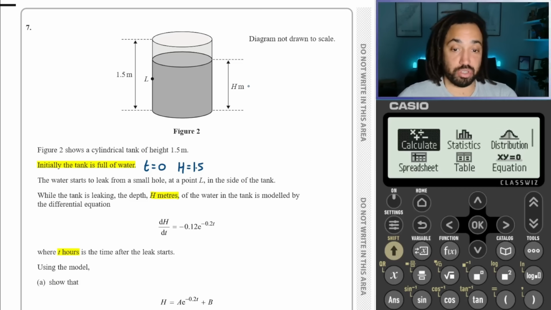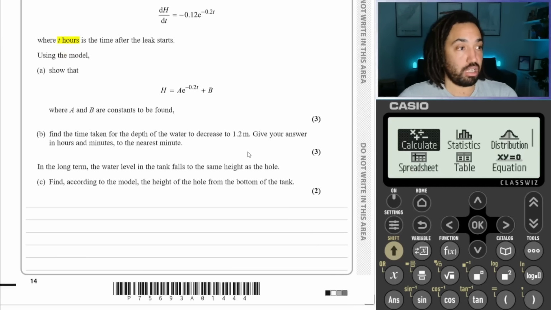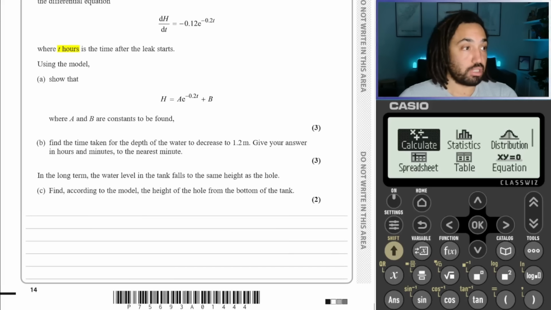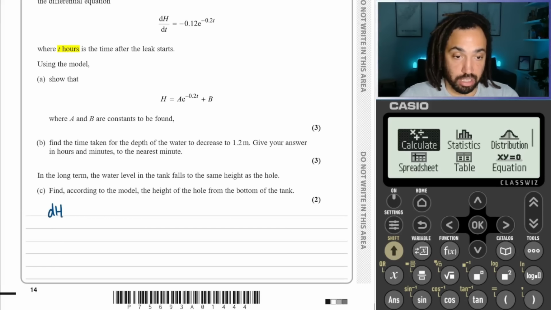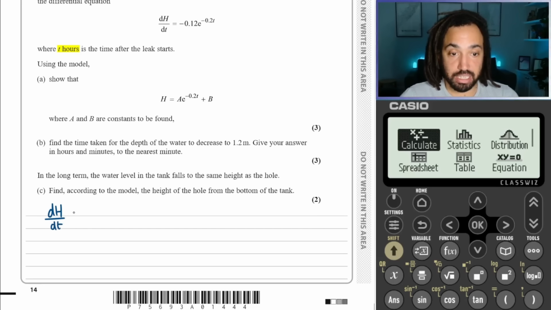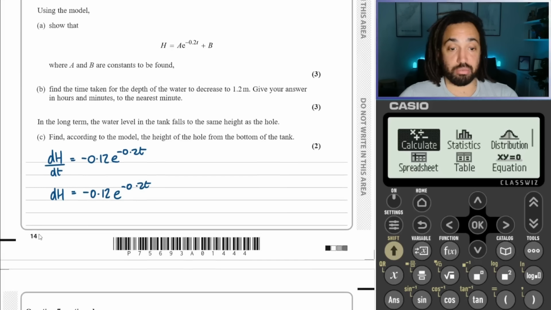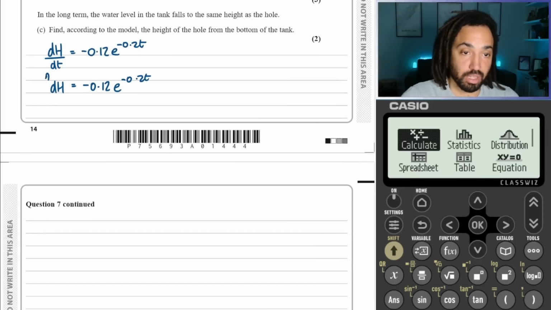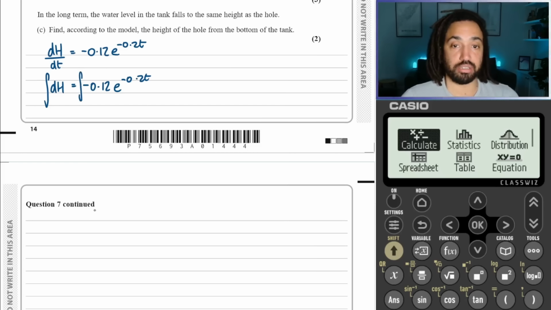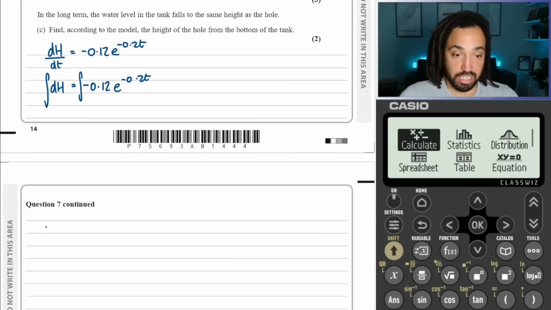Okay, so essentially we've just got to solve this differential equation. Let me just write it out here. So dh by dt is equal to minus 0.12 e to the minus 0.2t. So we're going to separate the variables here. We're just going to multiply both sides by dt to get this, like so, and then we're just going to integrate both sides, like so. Okay, so the integral of dh is just h,